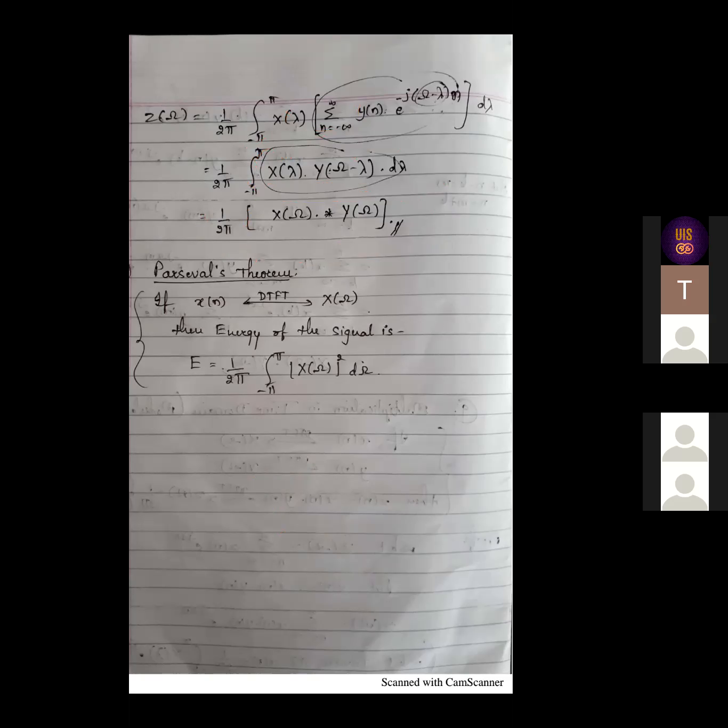So till this much, I hope it is clear to you. We have seen 8 to 9 different properties, and for the last one, you can just go through this. You have probably studied Parseval's theorem in mathematics, which is related to the energy of the signals. No need to go through the derivation again. Just remember, as and when required, we will deal with Parseval's theorem. It is for the energy of the signal. So till this much, we have completed the properties. I hope everyone understood.